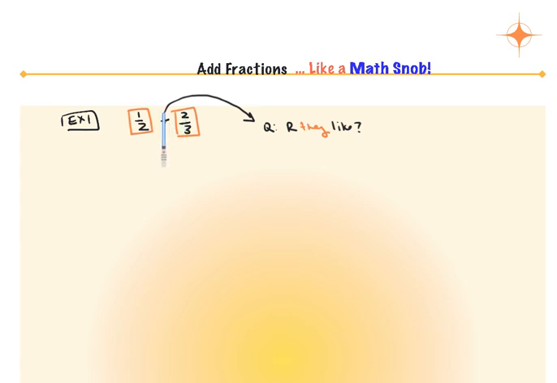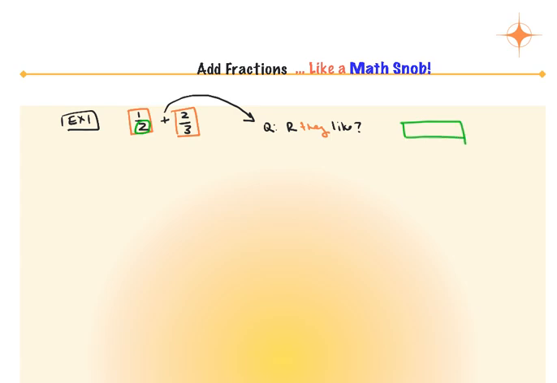But this is an operation, it's asking us to actually add them together. So our are they like question has to change a little bit. It's are they like, are they similar in size? Are they the same types of pieces? And the answer to this question is no, because this takes a whole,